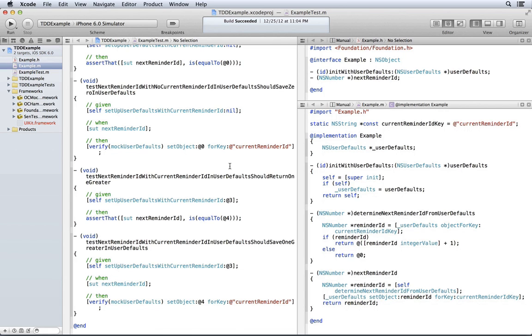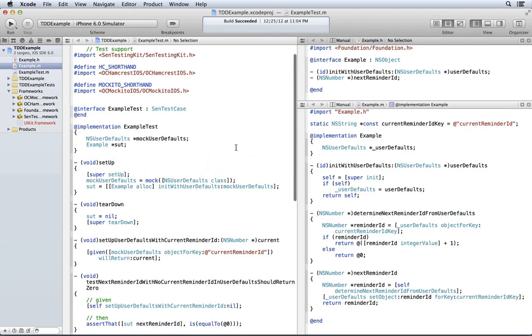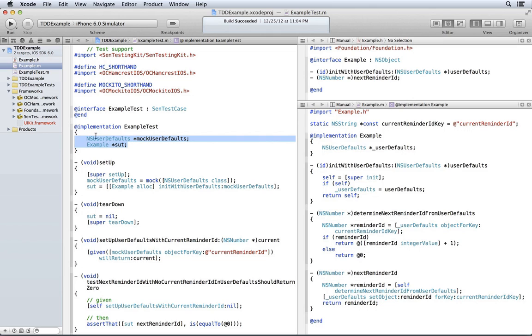Remember the TDD three-step waltz. Step 1, write a single failing test. Step 2, write the simplest code that passes the test even if it looks really stupid. Step 3, refactor, and everything here is fair game for refactoring. Production code and test code. When refactoring test code, you can pull variables up into IVARs. This is called the test fixture, which is set up and torn down before and after each test. And that's it. Go forth and TDD.